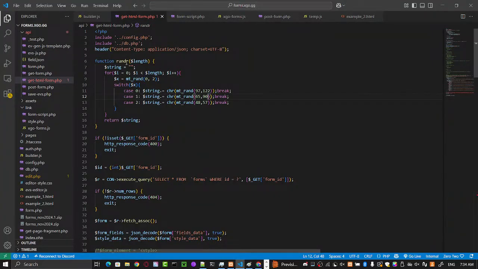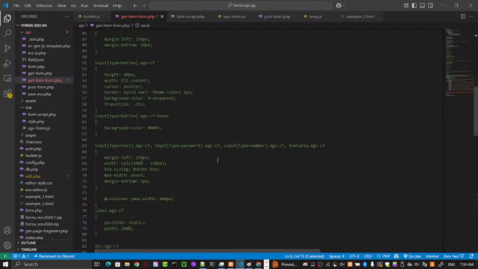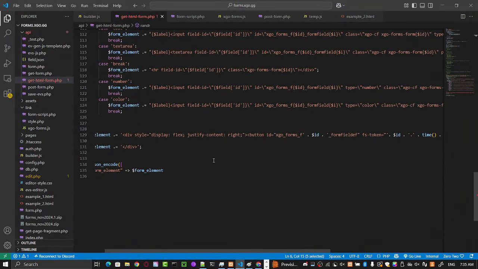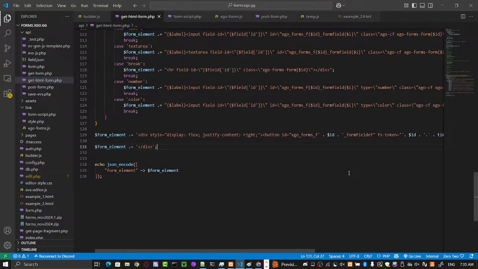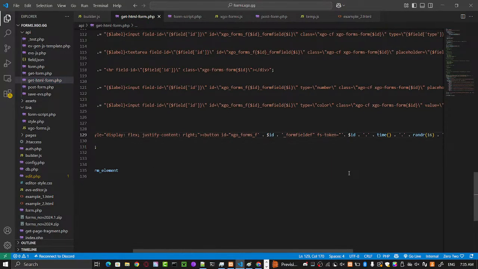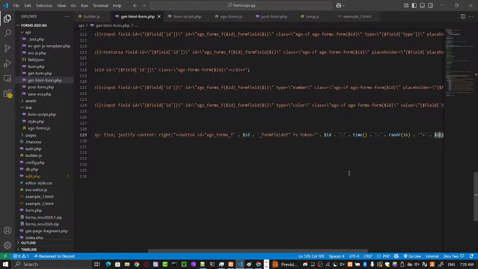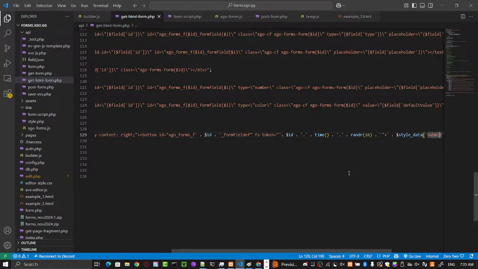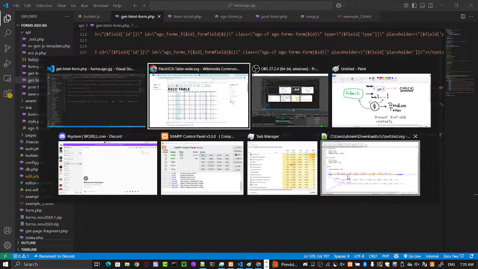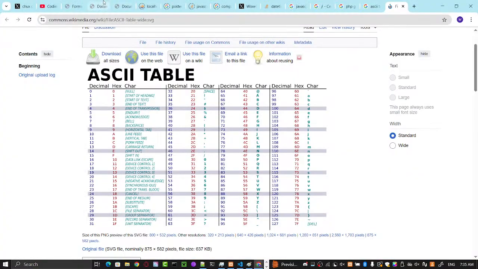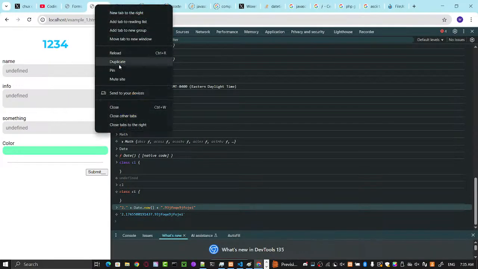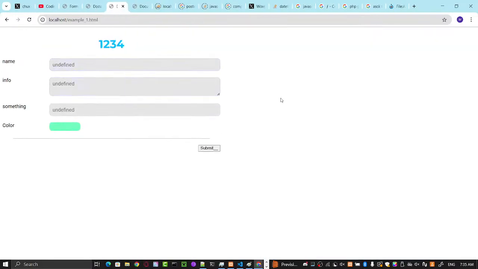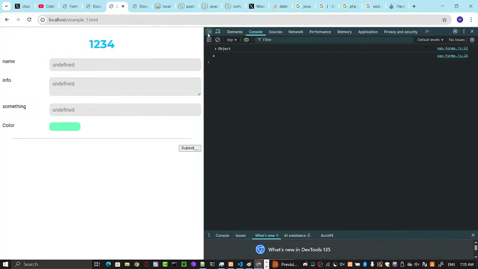This is already done. We just have to call this function and specify the length, which is 16, and then everything is done. We don't need to do anything else, right? Let's check if that works. So we created our tokenization system, and if we go to the submit,